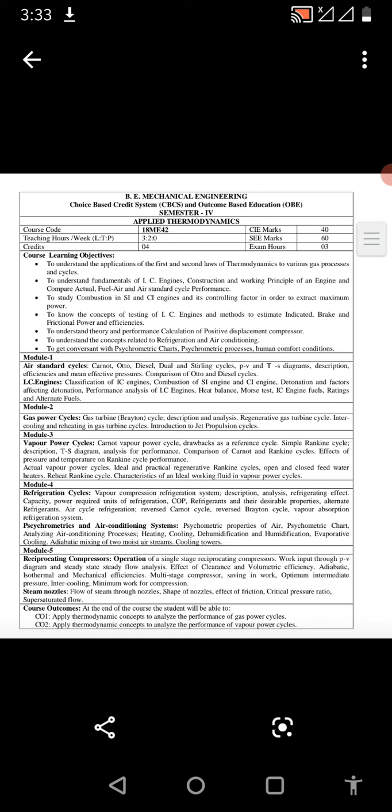Module 2 deals with gas power cycles, like gas turbines, which are there in aeroplanes. Similarly, the gas turbines work on a cycle called the Brayton cycle. So, you will be seeing the Brayton cycle, with a lot of numericals. This subject is almost 50-50, 50% theory and 50% numericals. So, all the modules will have numericals. It is better that we use one standard textbook so that the notations are similar. Otherwise, for the same item the notations used by different authors are different.